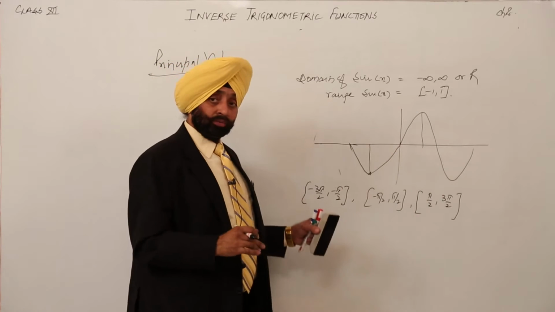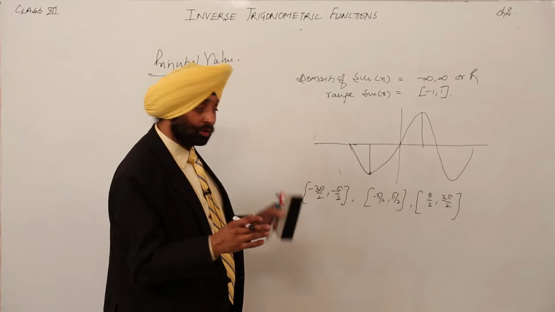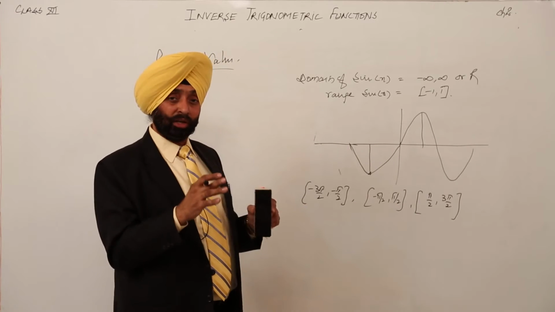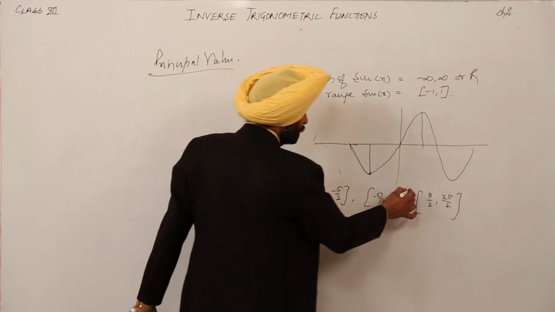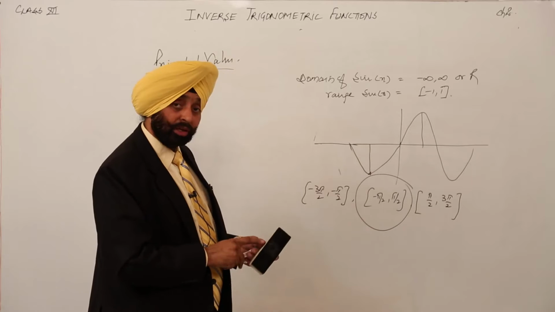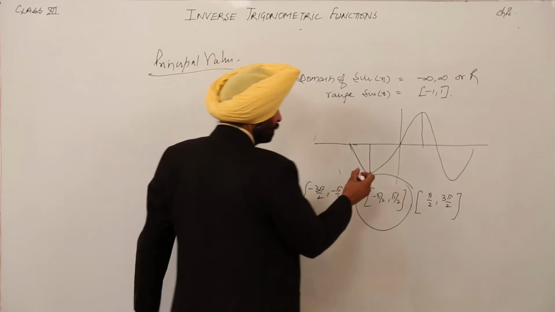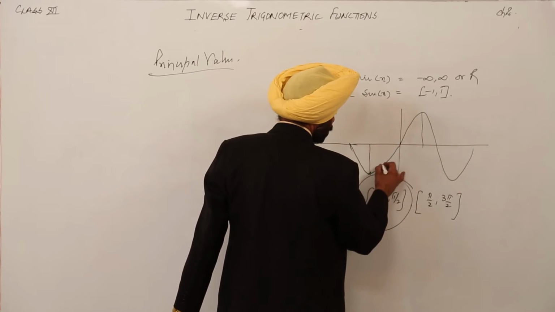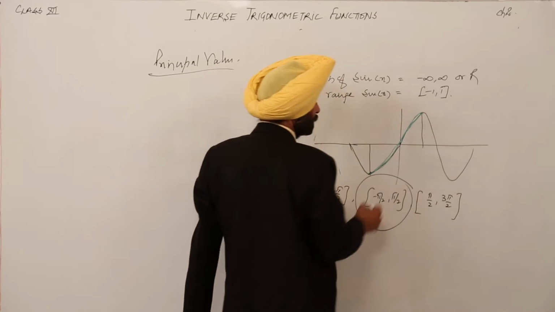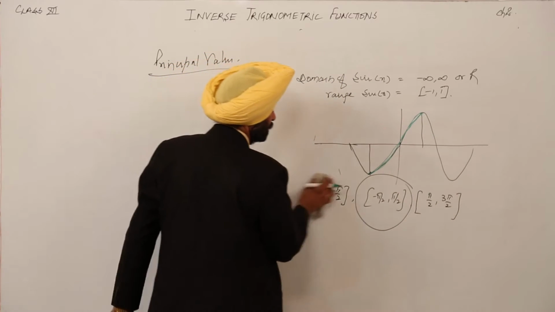Now for the principal values, the smallest among the values we take as the principal value. This doesn't mean smallest in the sense that we are having positive and negative, both the values in the smallest form. So this we are going to take here as a principal value. This is called a principal value, and from here to here, we are going to see in the graph also. But let's discuss something very interesting for this part now.